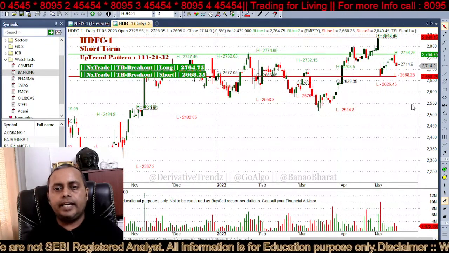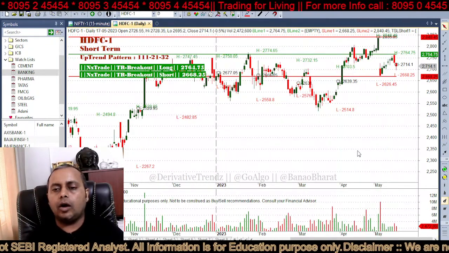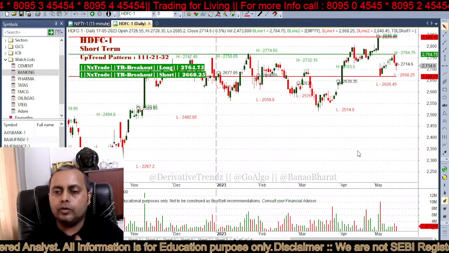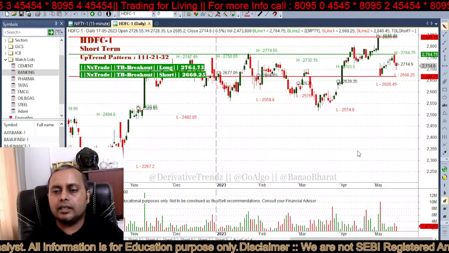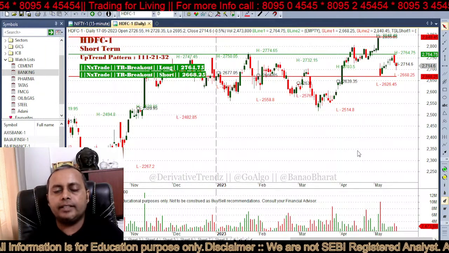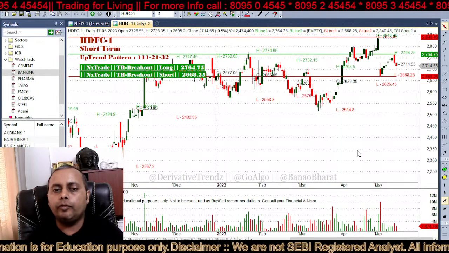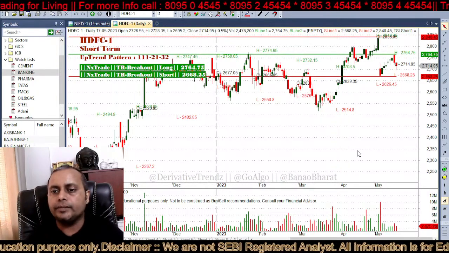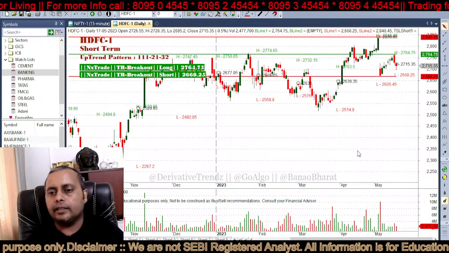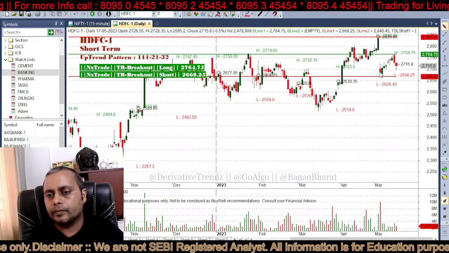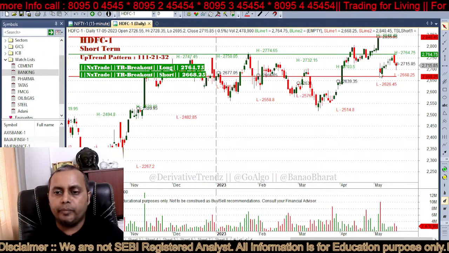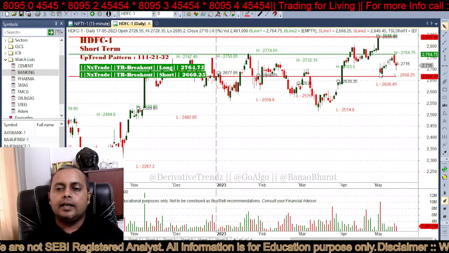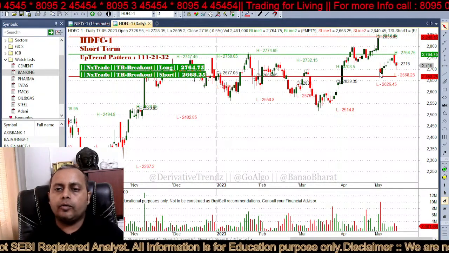So this is the daily chart of HDFC on the day when it got merged, or on the day when MSCI index said they may have to revise, and which might trigger outflows of about 150 to 200 million dollars in these two banks put together. There was a big fall on that day. That was on 5th of May. On 5th of May, we saw one critical low at 2626, and from there on very small